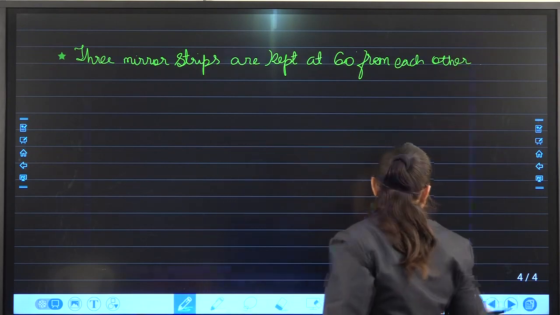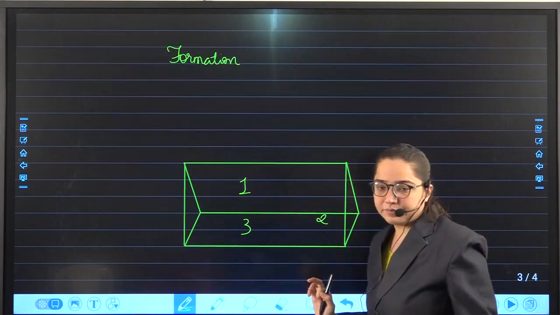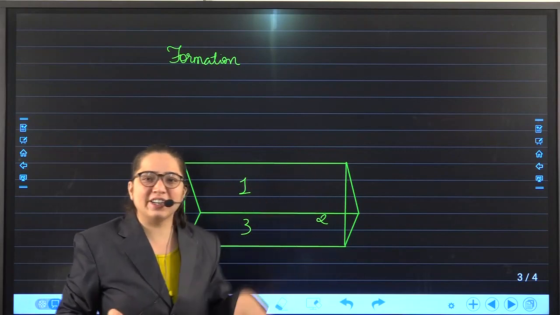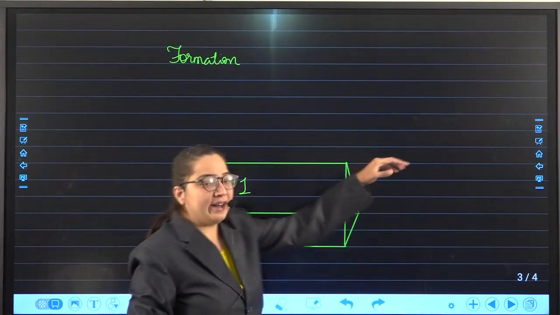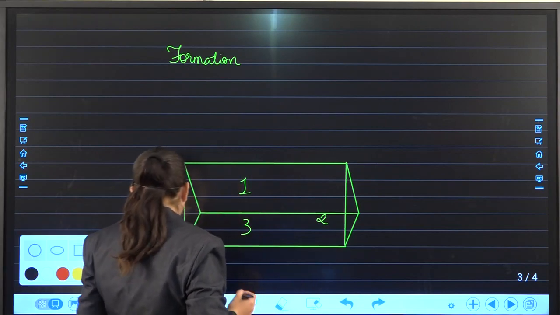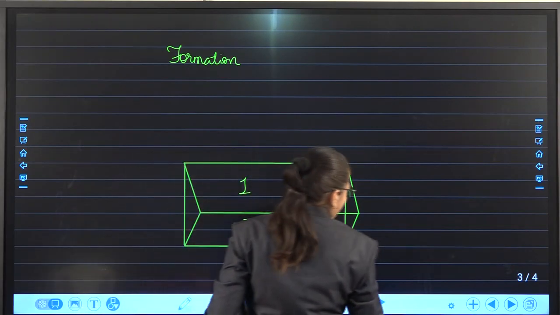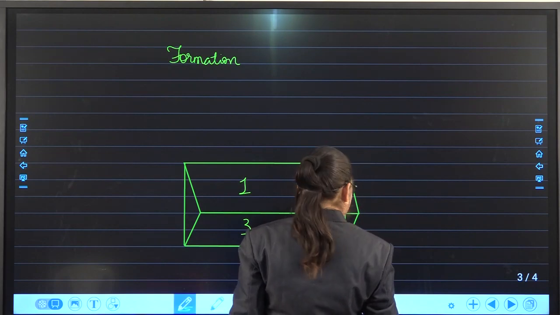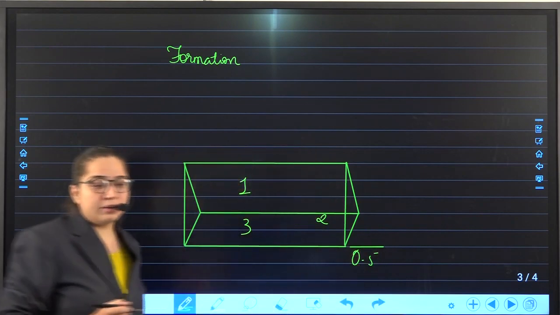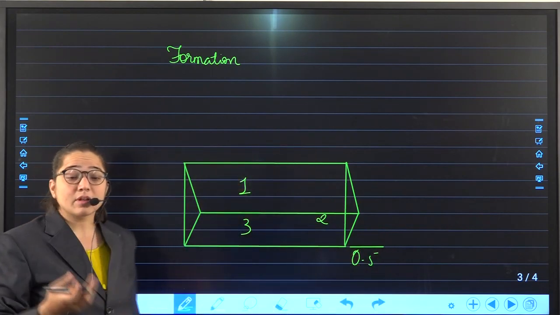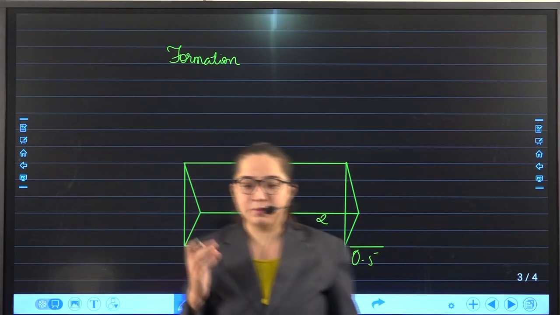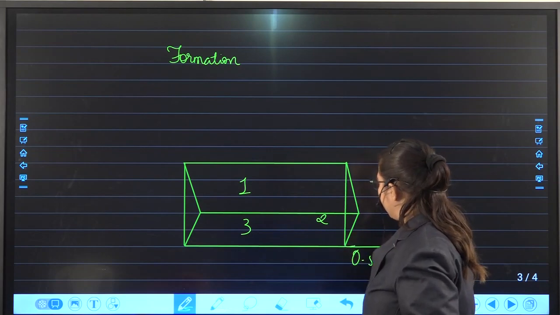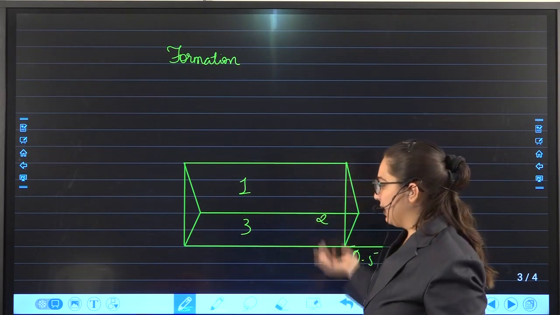Now what we have done, just have a look at it. We are covering the entire thing with a cardboard sheet such that at the end we are leaving 0.5 centimeter more. Over here, at the end part, we are leaving a 0.5 centimeter gap. Okay, we will cover all of this, but we will put cardboard 0.5 centimeter beyond it.